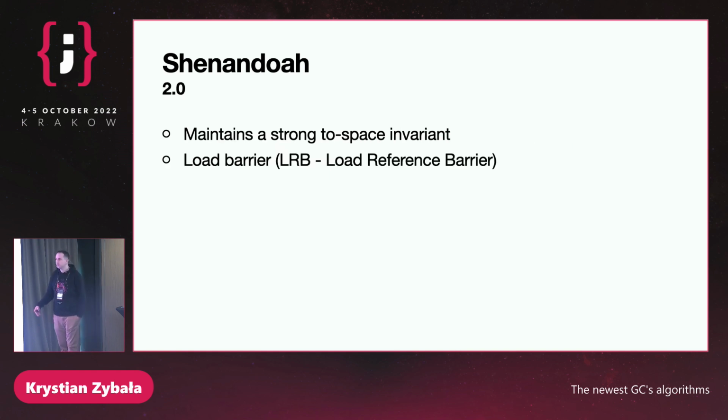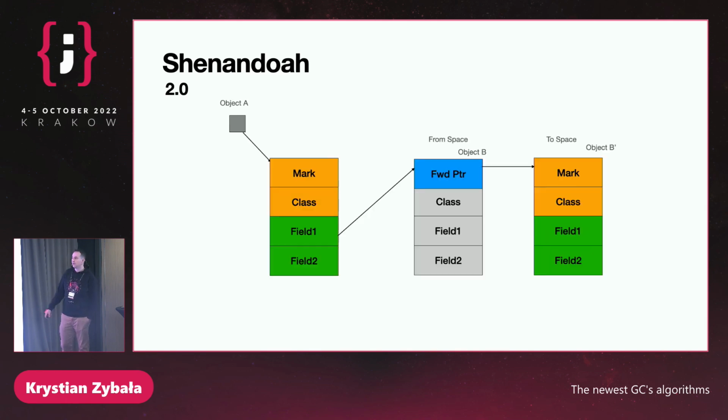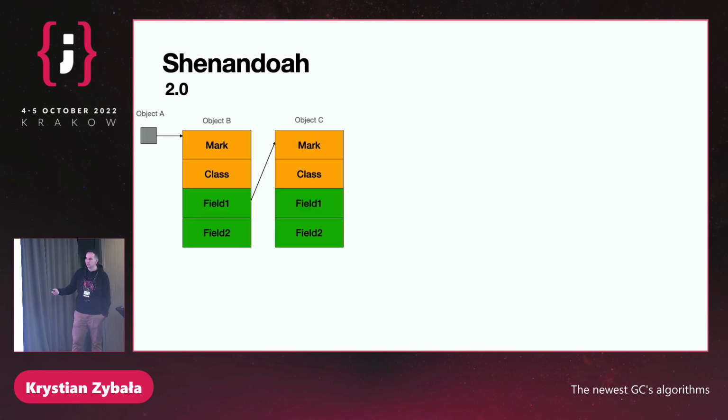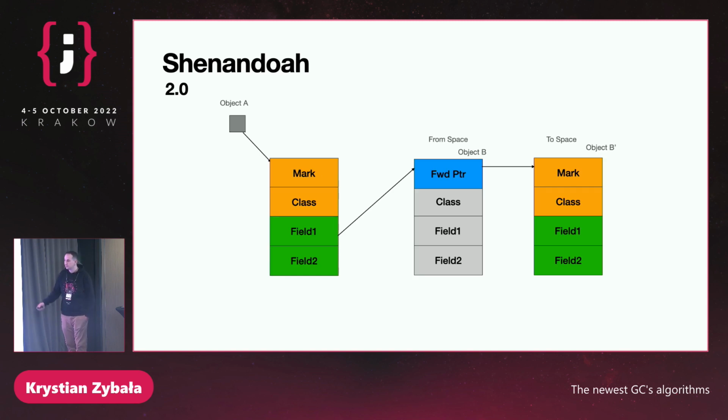Of course, we have the new version. It's the simpler version of Shenandoah. It maintains only a strong to-space invariant. That means that all updates are executed only in the to-space copy. In this scenario, we have only one barrier. It's the load reference barrier. And how does it work? Basically, it's the same situation as before, but if we, for